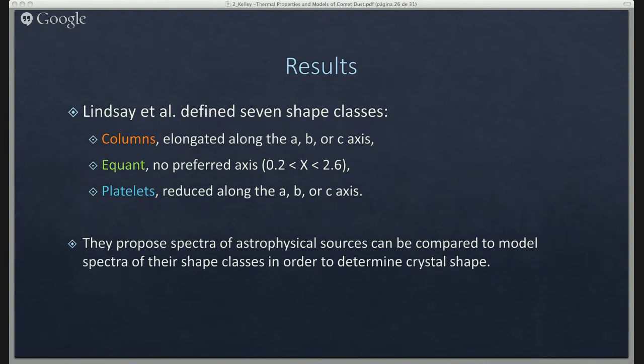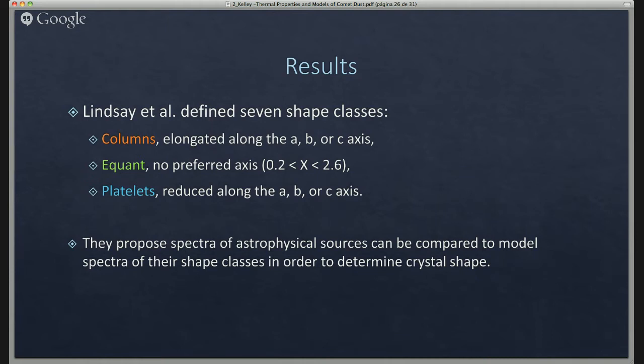You can have the equant, which is essentially no strongly preferred axis, so more like a brick or a cube. Or they can be platelets, where one axis is greatly reduced compared to the other 2. And again, you can pick which axis you want to reduce. So they propose that